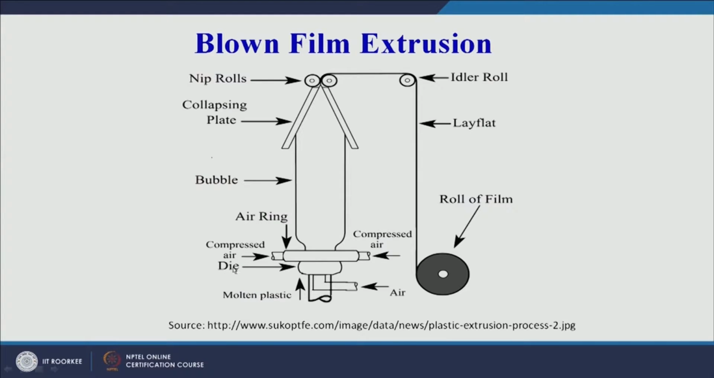Die is written here. So this is the die, this is the air, and compressed air is coming from both sides. So the plastic, molten plastic, is somewhere here. So it is blown through the die, and then it forms a bubble. This is a bubble that is formed, this is the mold. So through the die you will force the plastic out, and then centrally we will inject the pressurized air, and this air will force the plastic to form a bubble, and this bubble will move up,